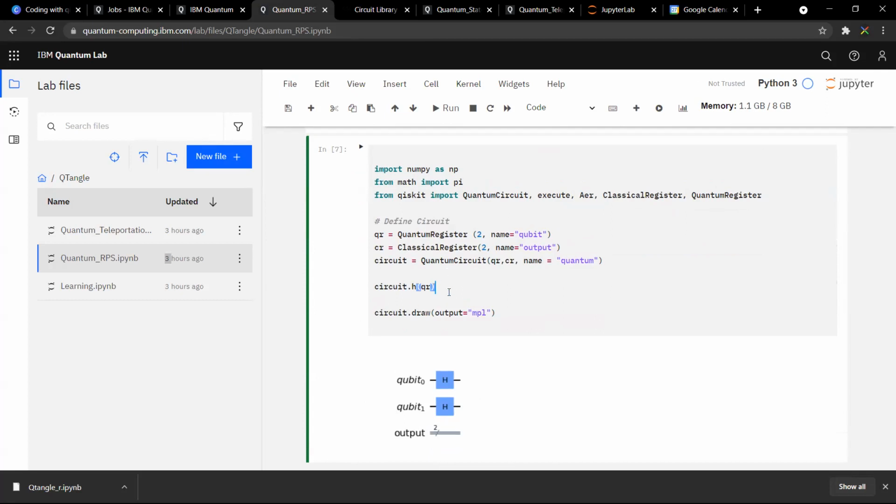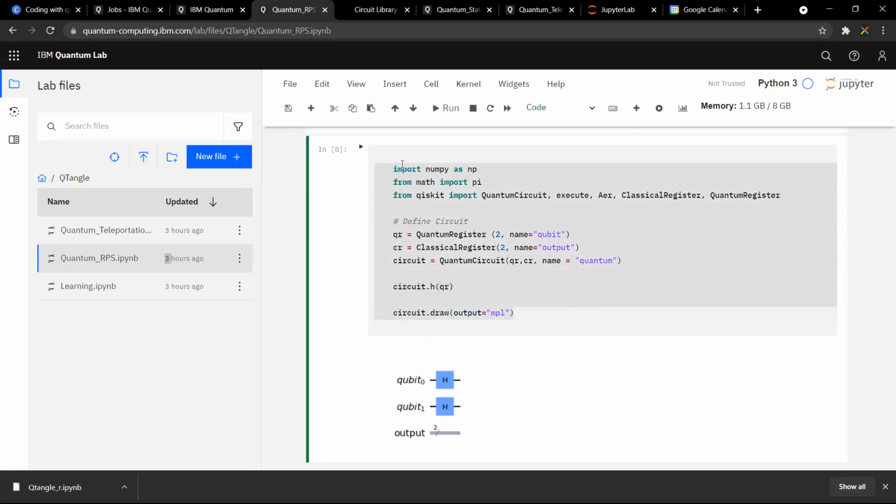So this will have the same effect. But remember, if you have 3 qubits, it's going to apply to all 3 qubits. So if you want to apply to the whole quantum register, instead of passing individual lists, you can directly pass the register to do the same. Okay, so let's go back to